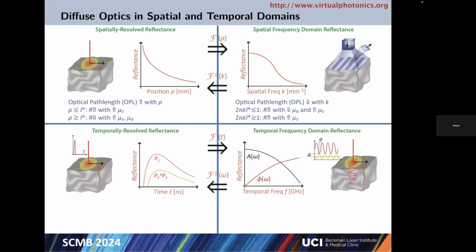And in the same way as you have sensitivity to both scattering and absorption, you have the same thing here. If you reduce absorption, you're going to get increases in your spatially modulated reflectance at short source detector separations. And if you have more scattering, you're also going to impact the reflectance. Okay, so you have sensitivity to both absorption and scattering